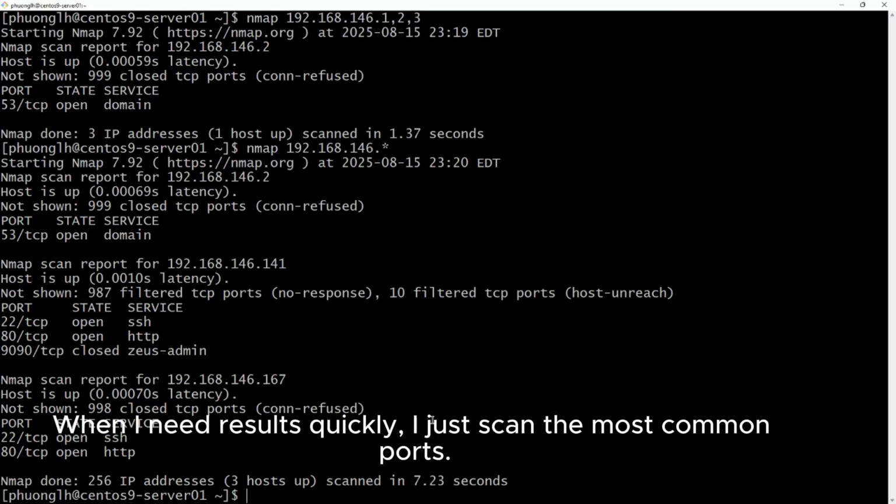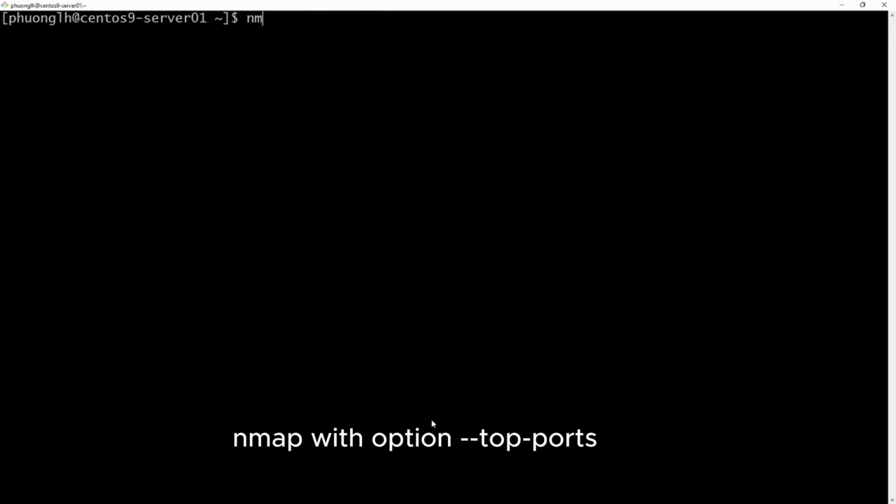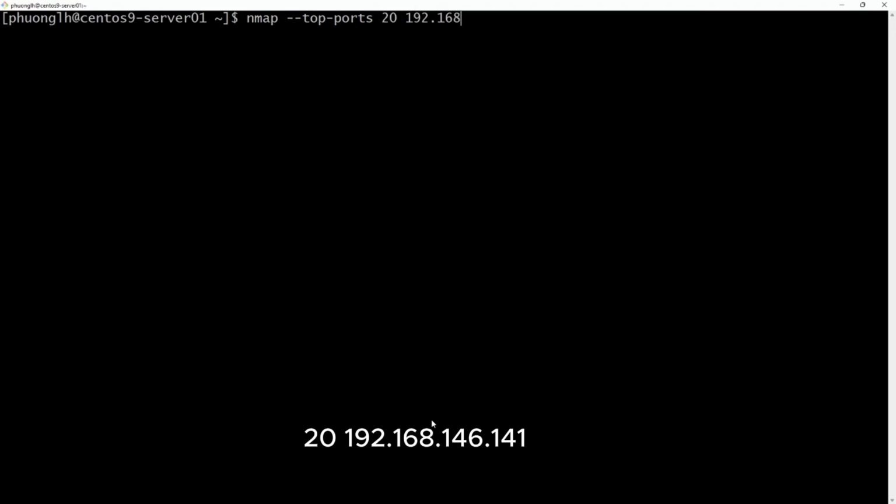When I need results quickly, I just scan the most common ports with nmap option --top-ports 20 against 192.168.146.141.